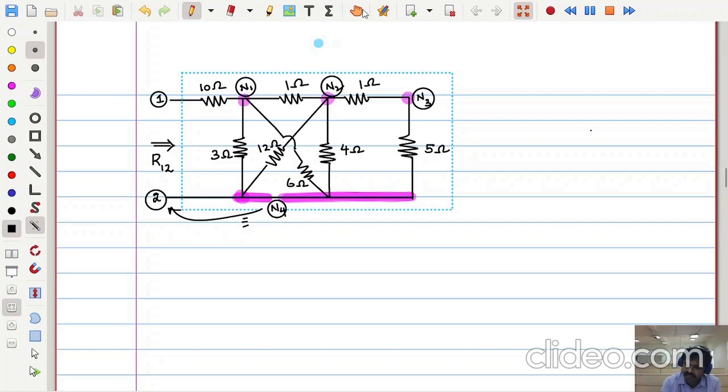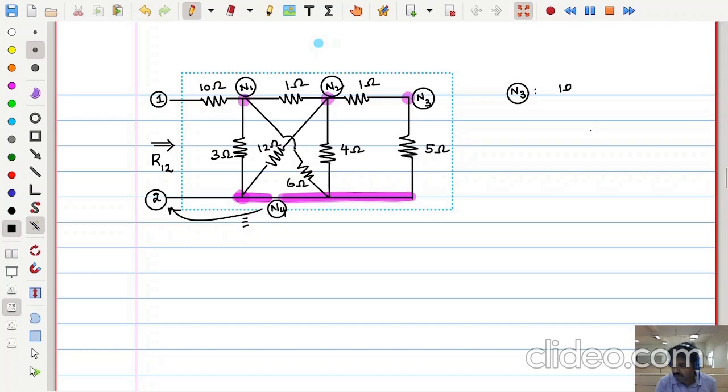Now identify, is there any simple node? This is the kind of task you need to take. Just simply identify the nodes. What are nodes? Junction points at which two or more elements are connected. Next, if only two elements connect, then try to focus on that initially. Later on we will see other kinds of nodes. Now is there any such node here? N3 is a simple node.